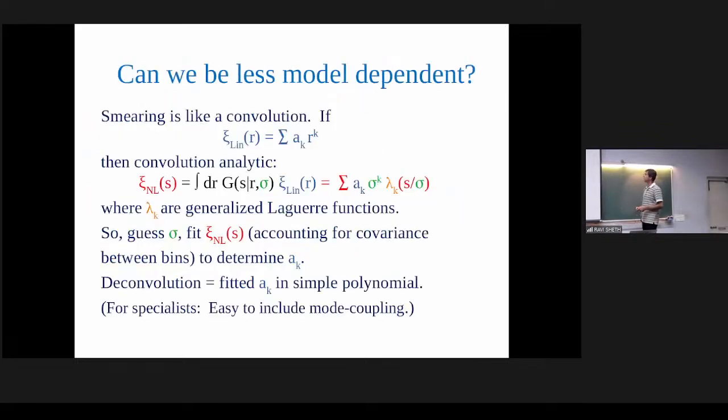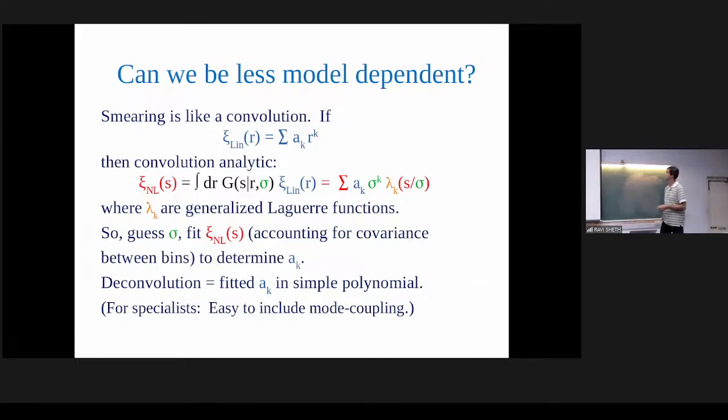So now what we need to do is fit the data, and the model we're going to use. I want to do an approach in which I'm not going to assume the lambda CDM model is right. So I'm just going to fit some polynomial to the data. I'm going to assume that the initial curve, the dashed line before, was a polynomial. The solid curve that I do observe is smeared by a Gaussian. But it turns out that if you do the convolution of a polynomial with a Gaussian, you can write that analytically.